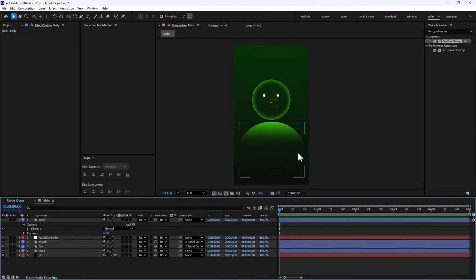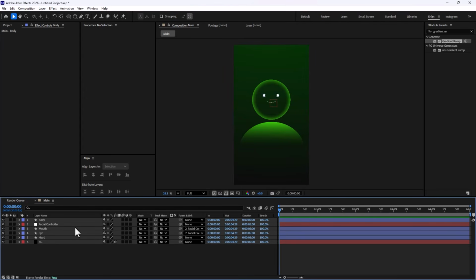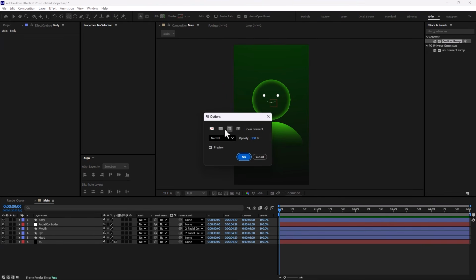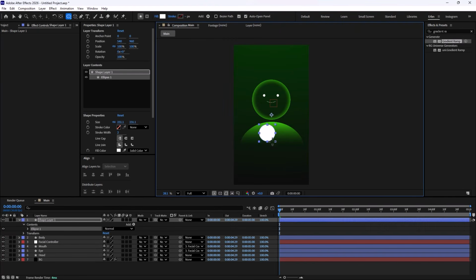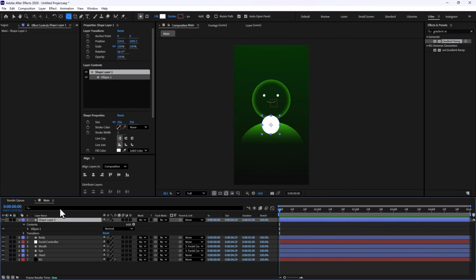Now, in order to make it even better, we can add some spotlights. In order to add the spotlights, all you need to do is go into the ellipse tool or any other shape tool. We're going to switch it into the solid color, and then draw something like so. Now I'm going to call this one spotlight, and I only want it to be applied to the body.